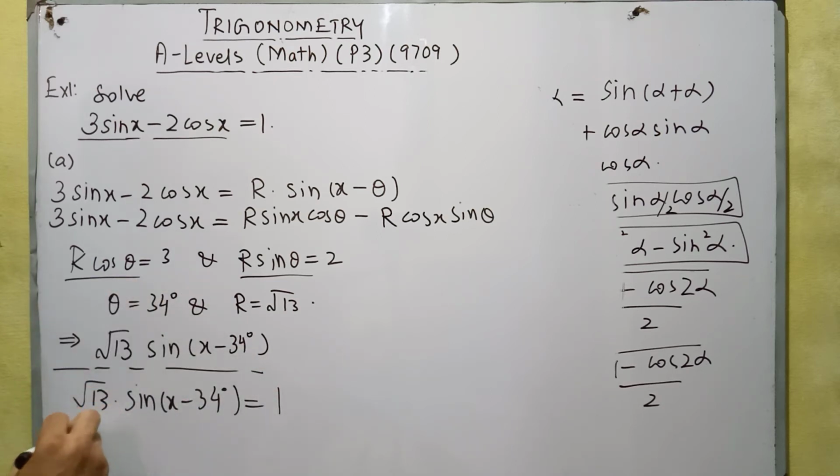So x minus 34 will be equal to sine inverse of 1 over square root of 13, and this will be equal to